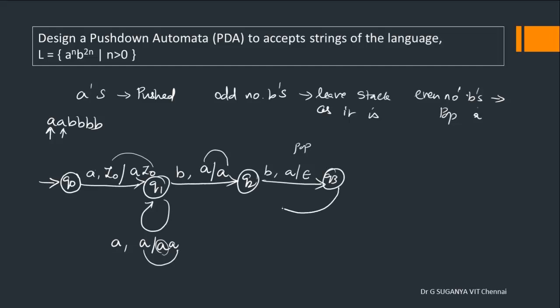When the third B comes, again that's all. When B is my input, just leave the stack as it is. It will go any number of times. Finally, what is expected on the input is epsilon, and the stack is expected to have Z0. Leave the stack as it is, and enter into a final state. So that's the design of the first method.